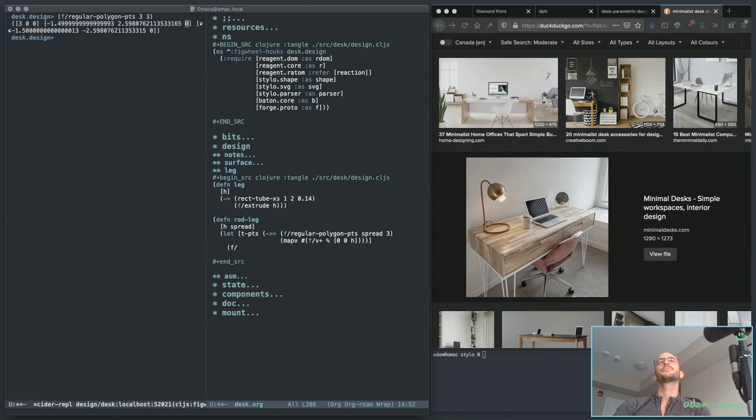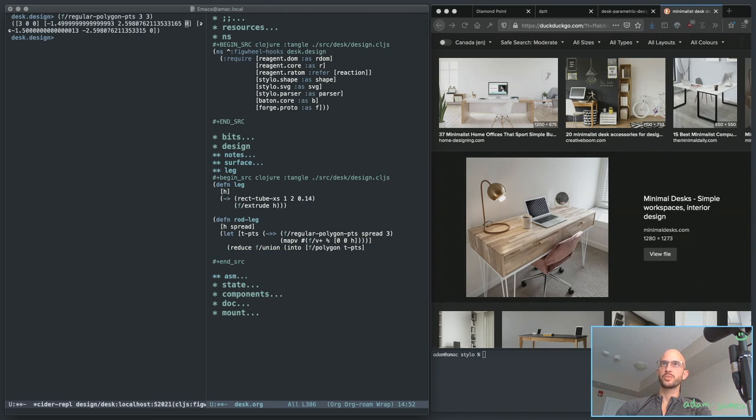Let's do polygon, or pardon me, f/union of, let's actually reduce using union the list that is first f/polygon of top points, then we'll do into,